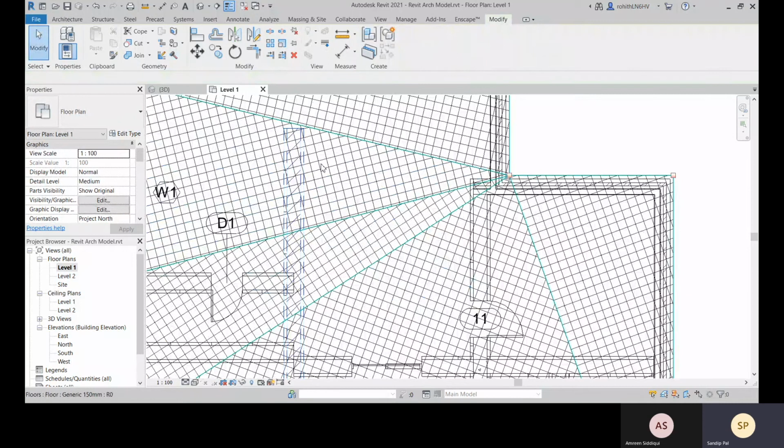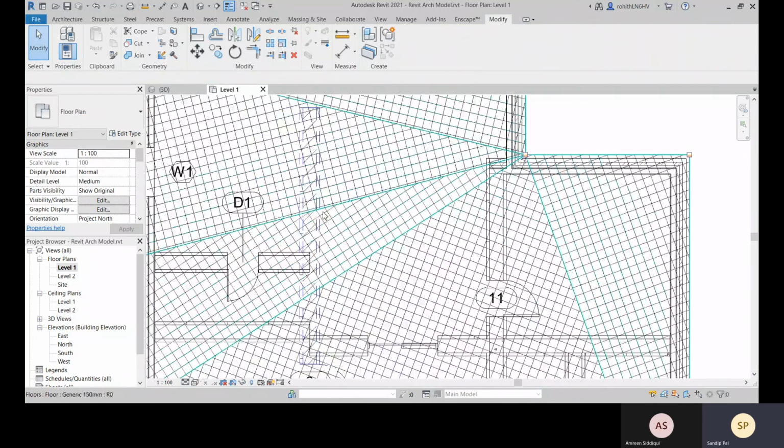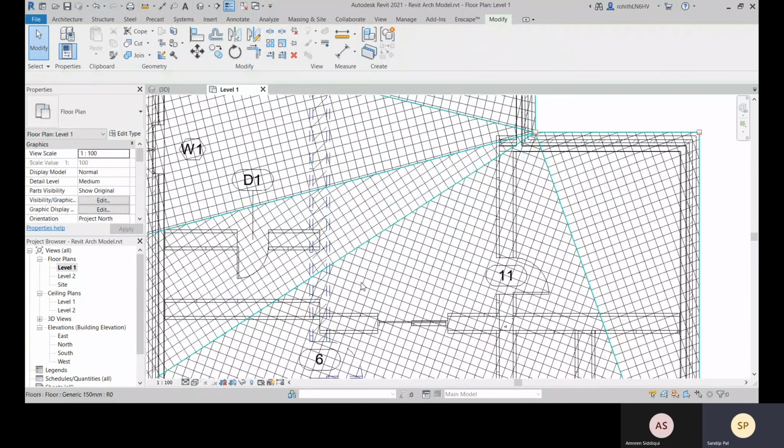It means you don't want to construct it, so you demolish it, but you want to include this in plans, or you want to show in your plan that it was existing, but in the new construction it is not present anymore. So go with this Demolish option.